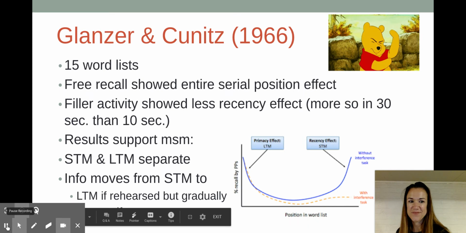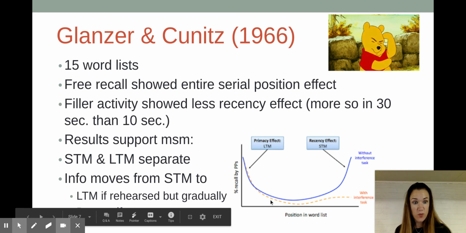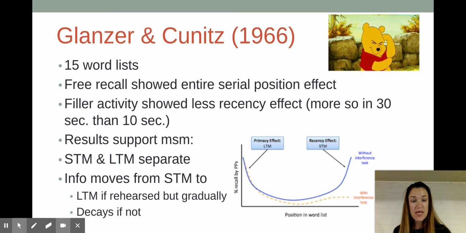Hold on. Okay, so the position of where the word was determined whether more people would remember it or not. And if you remember, we always forget the middle and we remember the beginning and the end. Those are called primacy and recency. Now, what these two things give evidence for is the multi-store model. And the reason for that is because